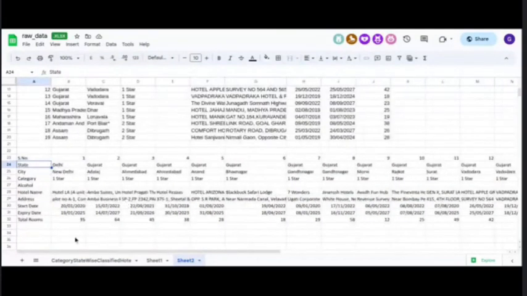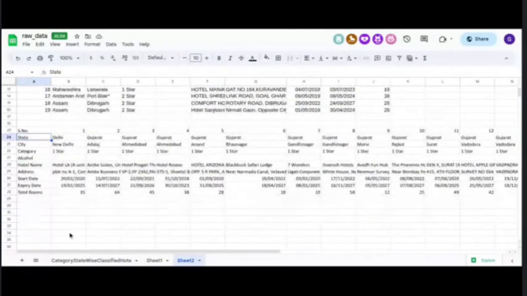So now let's do our HLOOKUP. Let's see how it works. So let's do an example. Let me call equals to,